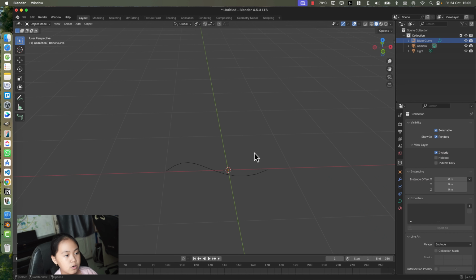Also, a curve is not actually visible in the final render. So that means that you need to either add geometry to it, or do something to represent geometry in it, or else it won't appear and be visible in your final render. Okay, now